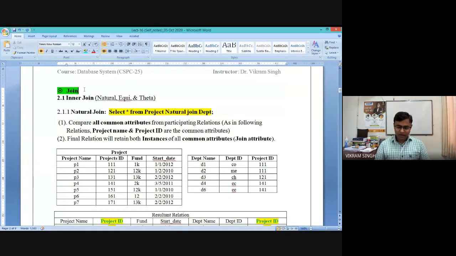So suppose we are writing a query that you need to give me the employee name and its department name. Now, in the company database that we created, you have an idea that the employee table does not have the department name, though it has the department number.